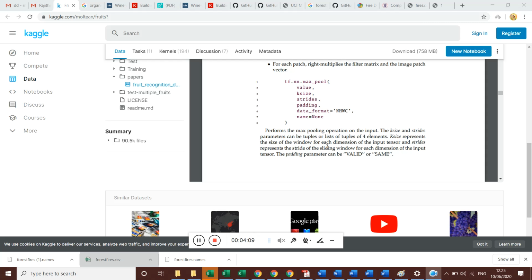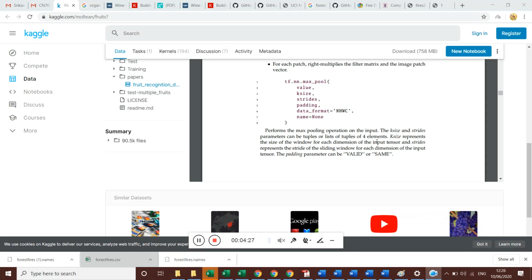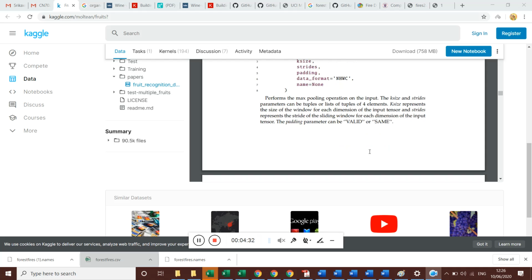For the patient, what is the fruit and whether it can be eaten by a person who has diabetes or not, some cancer or not, in that way. Okay, so it just cross checks like that. That could be your business case, Rajita. For that, you will be writing the business case, explaining it, and then you discuss what kind of image data set you have and some details about it.